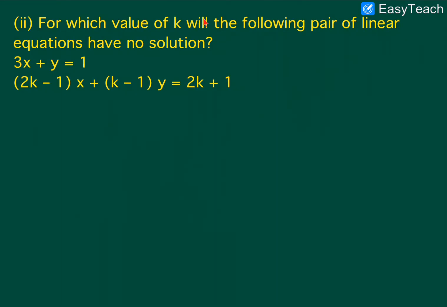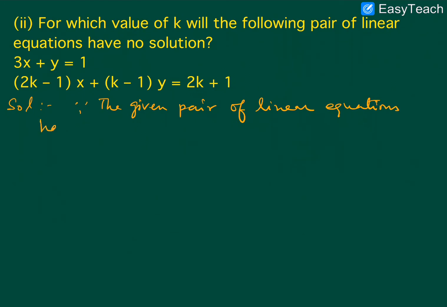for which value of k will the following pair of linear equation have no solution? Here condition is no solution. To find the value of k, since the given pair of linear equations has no solution,